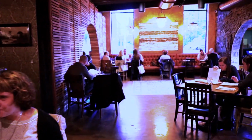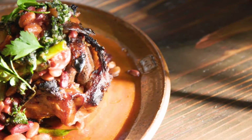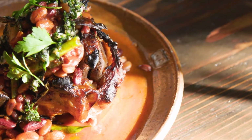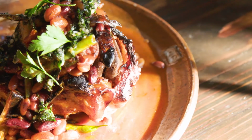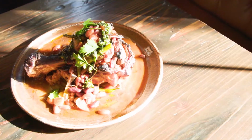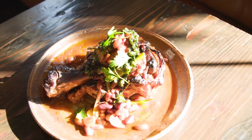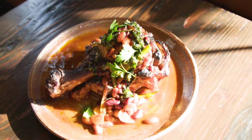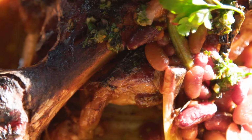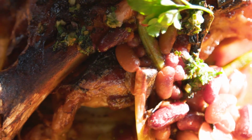I also liked it. I had the heritage pork shank, which was definitely big enough for 2 people. At one point, I was considering taking some home with me, but I just kept eating it. They let it marinate overnight, and it was so soft that I didn't even really need the knife. I could just use the fork to get it off. On the side of the pork, it also came with baked beans, as well as some charred onions, and